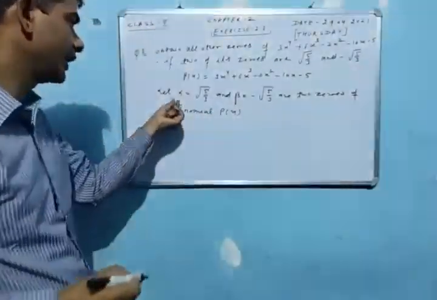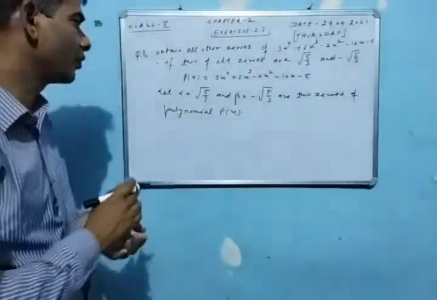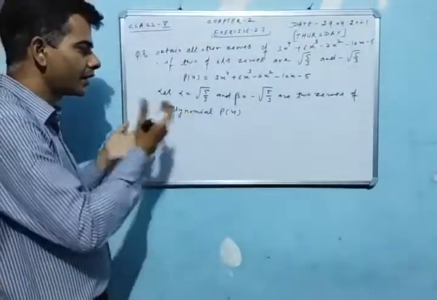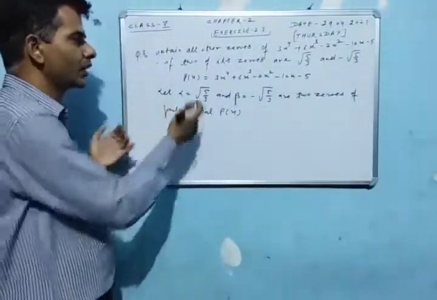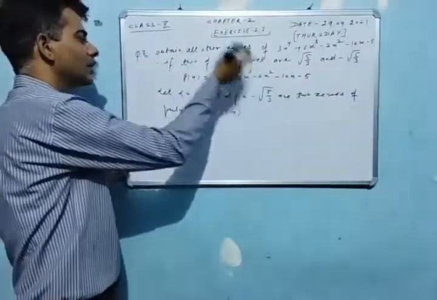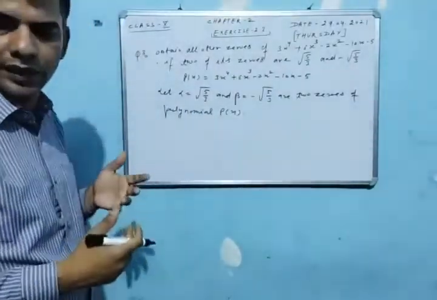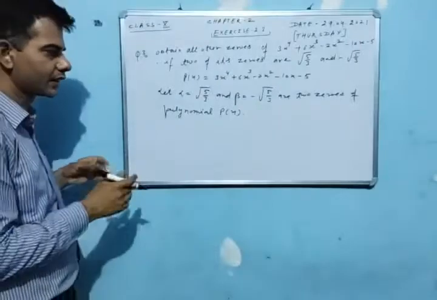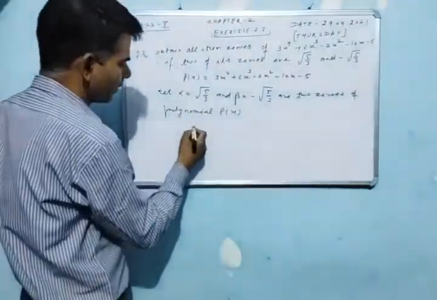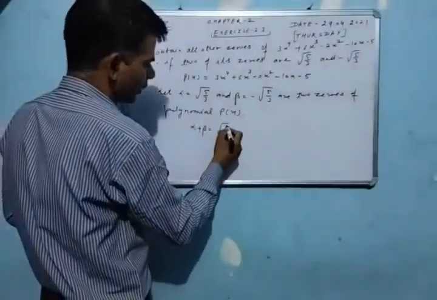Students, by these 2 zeros, first of all we will make a quadratic polynomial. After making a quadratic polynomial, we will divide this bi-quadratic polynomial by the quadratic polynomial. Students, now sum of zeros is alpha plus beta, that is root 5 by 3